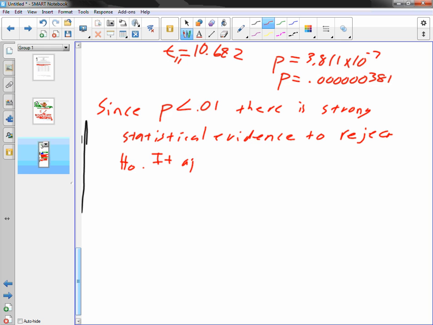It appears that there is a significant difference,